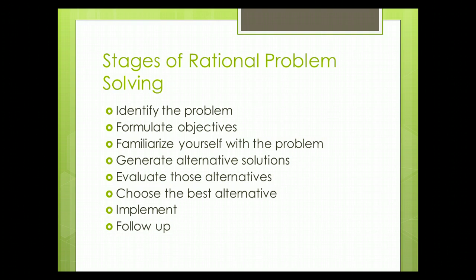And so the next step is going to be to formulate some objectives. What would success look like in this situation? What would we be able to do to say, yes, this problem is solved? So if the problem is solved, would the objective be to minimize tardiness to less than 3% of our schedule? Or would tardiness look like no more than 2 tardies per person each year? What would we be able to measure to say, yes, we've achieved our goal? Or if we sell $1,000 worth of orders in Girl Scout cookies, that maybe we could say that's our objective. That's what success would look like for this situation.